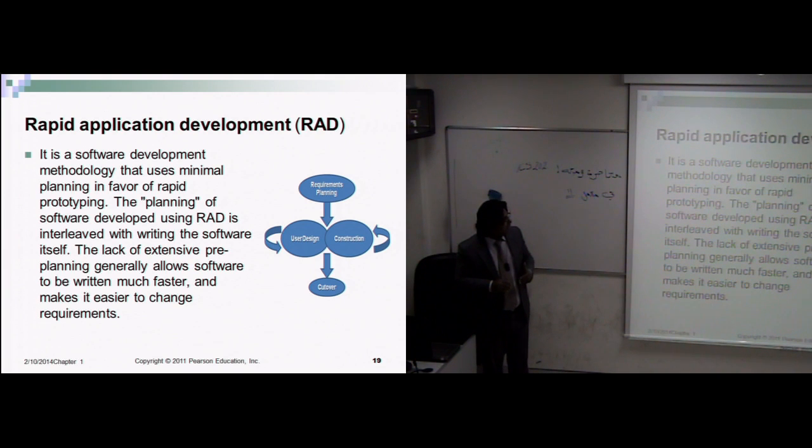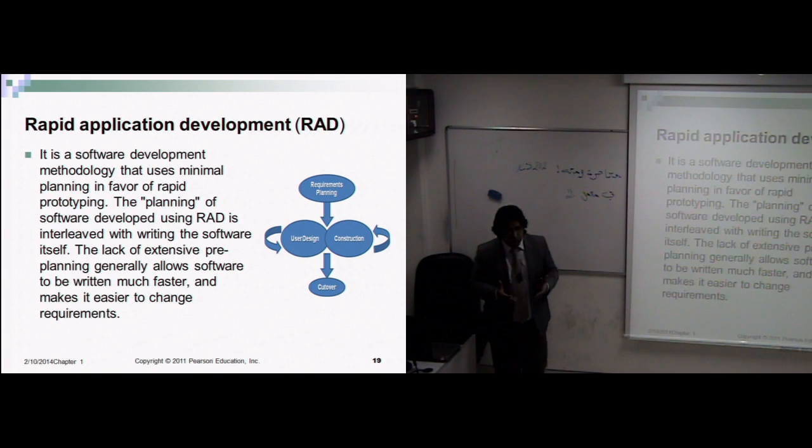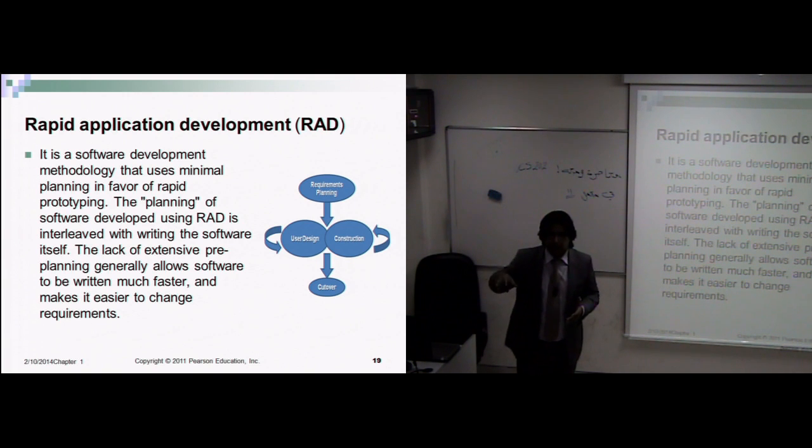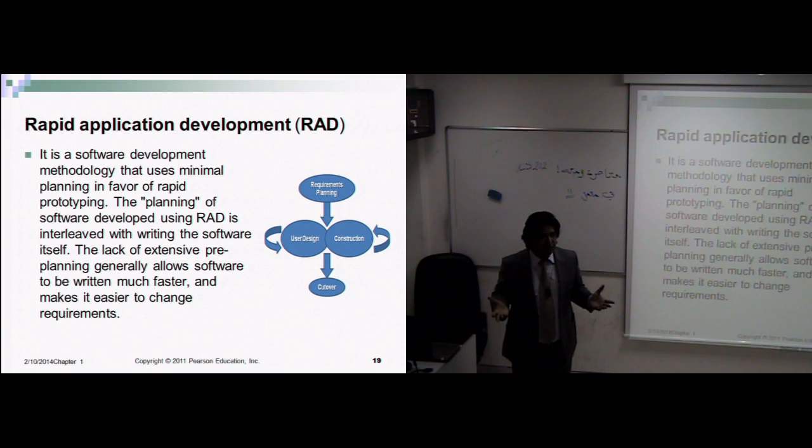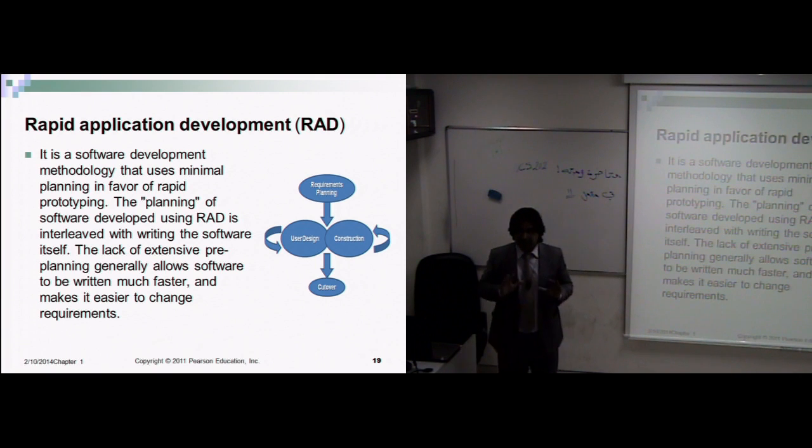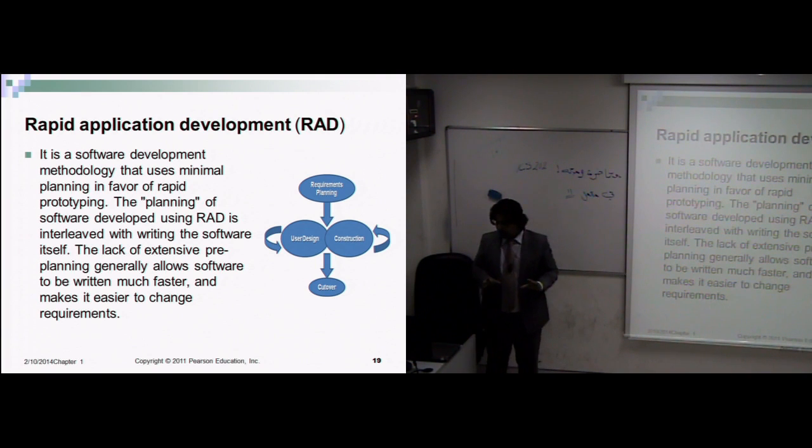Rapid application development is a software development methodology that uses minimal planning. Minimal planning in a sense because they do not go through the beginning, because it is not built from scratch. We already hand over an already built project. So it requires minimal planning in favor of rapid prototyping. Rapid means